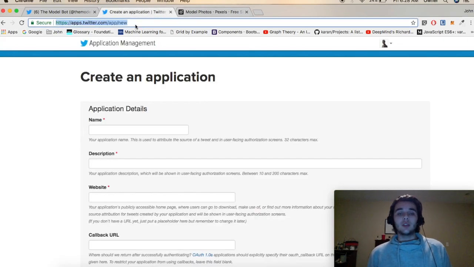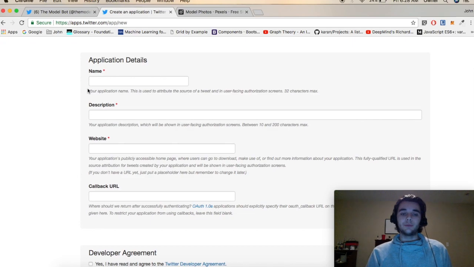That's apps.twitter.com/app/new, and just navigate to that page, and it's going to bring this up here. You need to tell Twitter that you're creating an application in order to get what are known as the API keys, so you can access your account directly through the API interface that